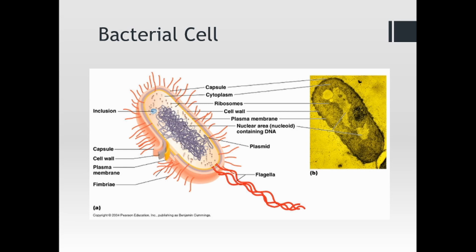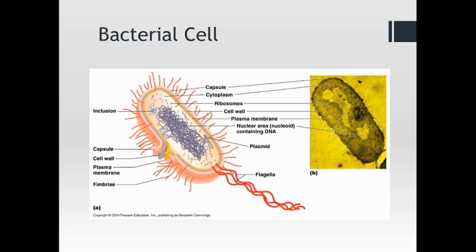You'll notice that in the middle of the cell, on the one on the left, it's clearer to see, there's this tangled mass of nuclear material, and that's called the nucleoid. That's where the DNA is. Now, that is not a chromosome. A chromosome, by definition, is something that is wound up around proteins called histones and has a very distinct and organized structure to it. That's not the case with the bacterial DNA. It's just a long strand of it.